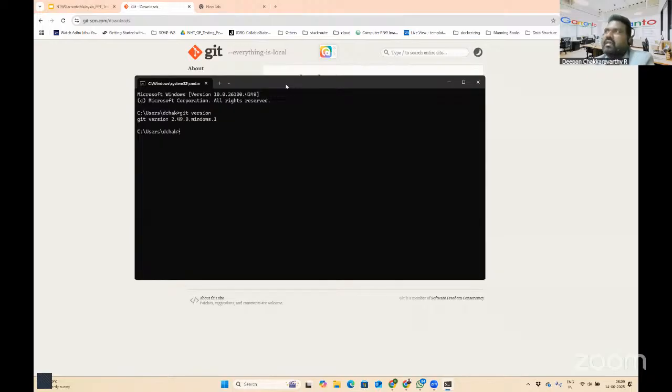It is not that the terminal is the only option that we have to work with Git. This is the initial thing that we do, but once we have understood things, we need not use only terminals. All the editors like VS Code, IntelliJ, whatever editors we are using, have native GUI clients in order to work with Git in a better, easier manner.